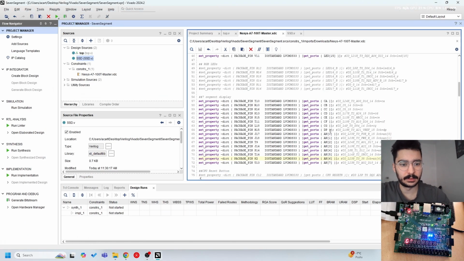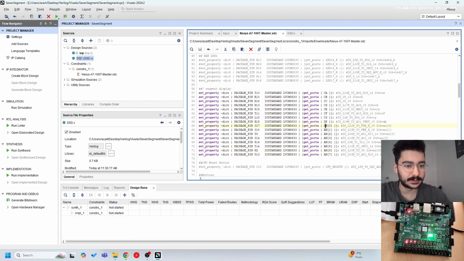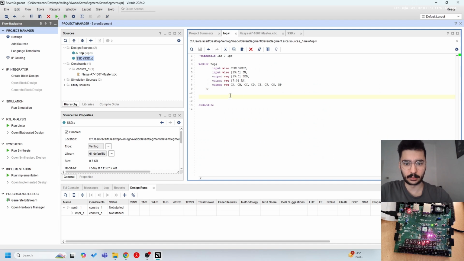So all of these signals are inverted. And if I want this first digit A to light up, I need to set these wires to 0 and everything else to 1. So with that out of the way,